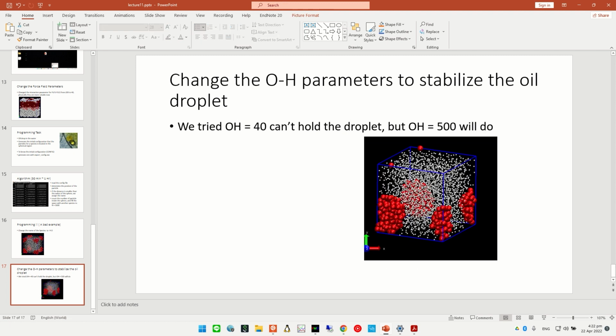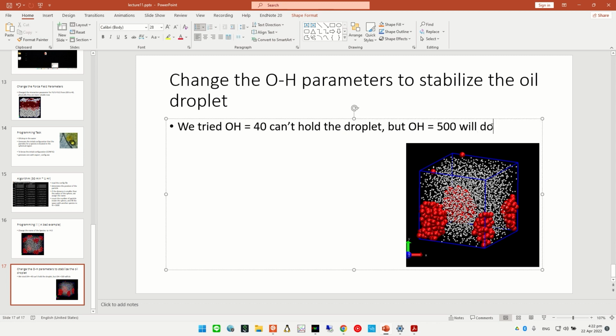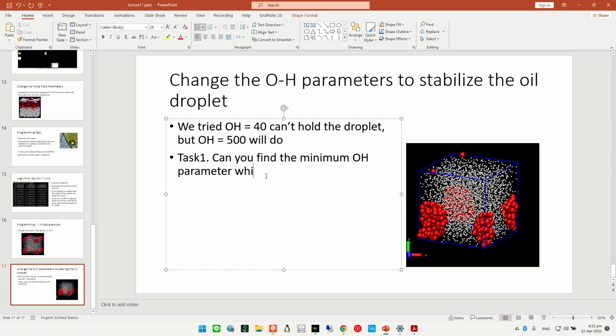So my text for you, which the one I'm doing right now, this is text one. Text one: can you find the minimum OH parameter which holds the shape of the oil droplet? Can you do that? That must be something between 40 and 500, right?